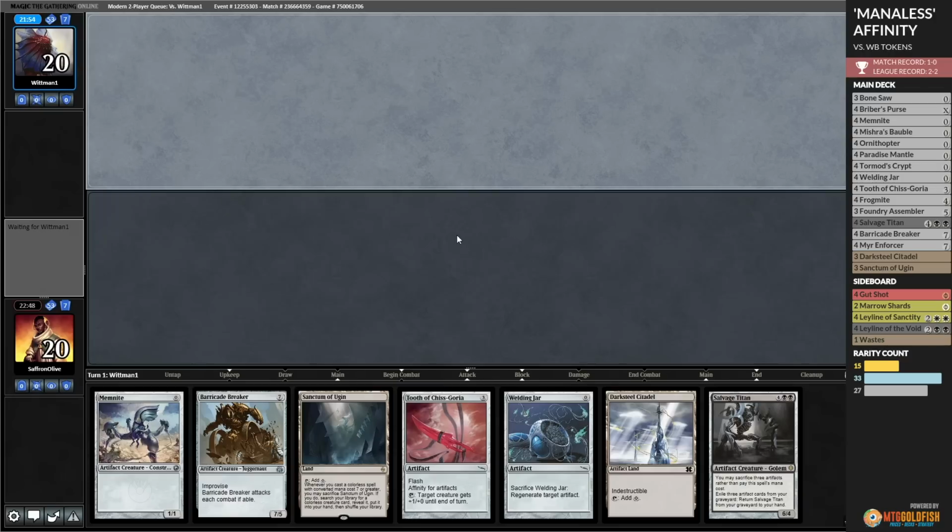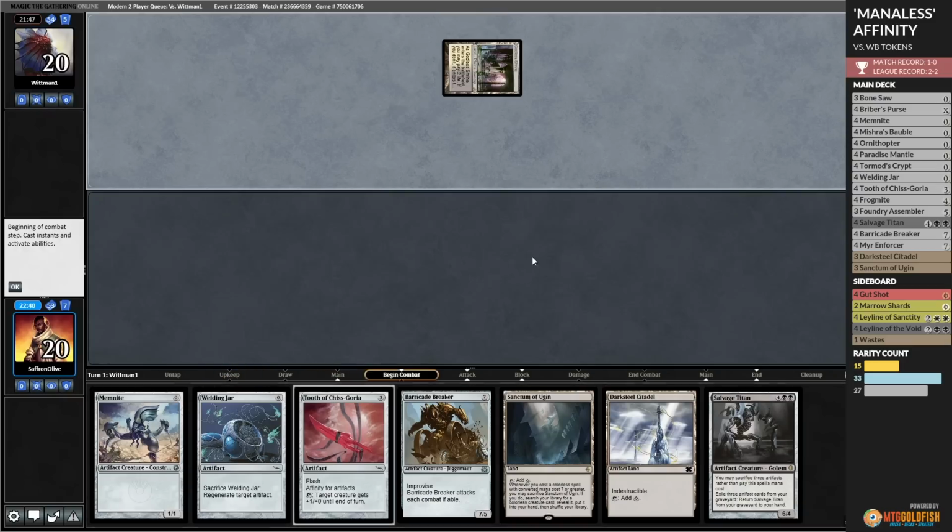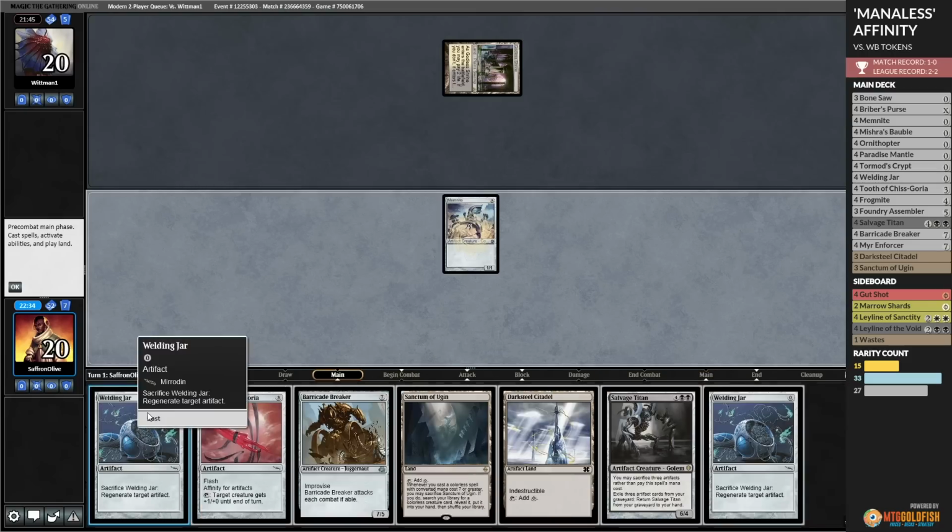Ooh, 2 lands. That's odd. Well, I mean, all right. 2 lands is a bit awkward. The odds of having 2 lands are really low. I actually mathed it out with a hypergeometric calculator because I think 1 land is fine, but we never really want 2 lands. Well, Memnite, Welding Jar,